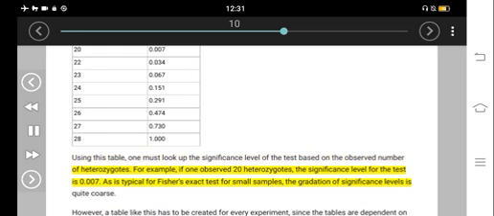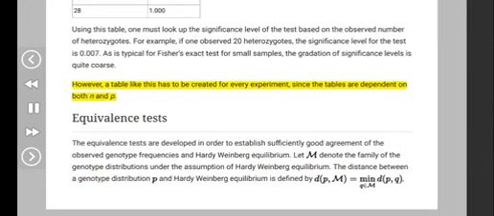For example, if one observed 20 heterozygotes, the significance level for the test is 0.007. As is typical for Fisher's exact test for small samples, the gradation of significance levels is quite coarse. However, a table like this has to be created for every experiment, since the tables are dependent on both N and P. Equivalence tests. These tests are developed in order to establish sufficiently good agreement of the observed genotype frequencies